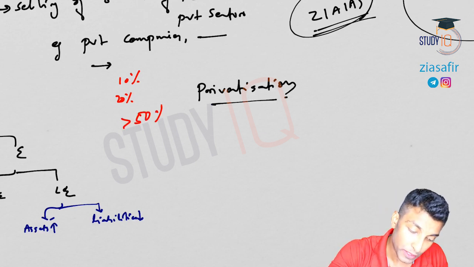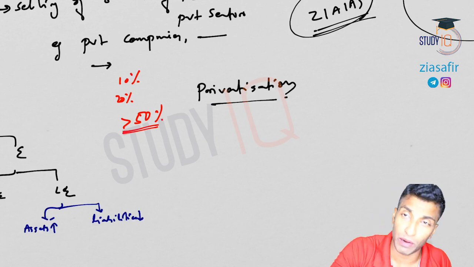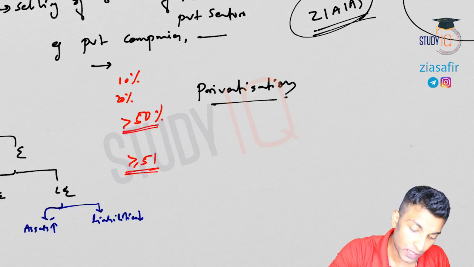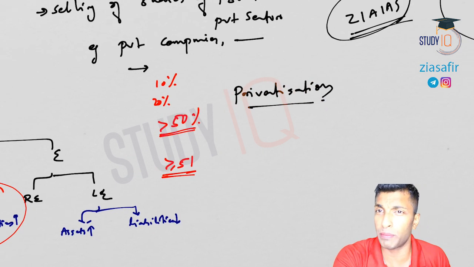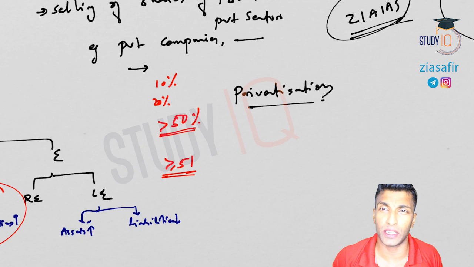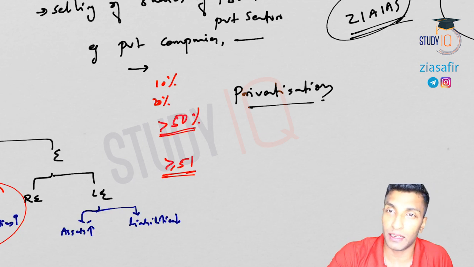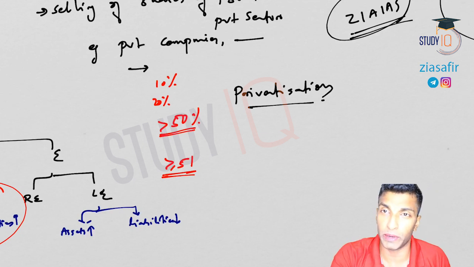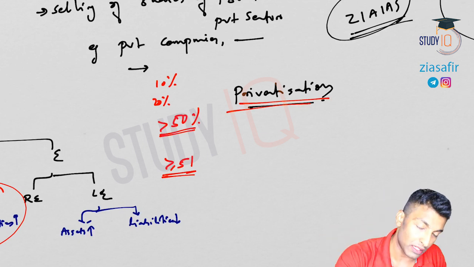But if it is more than 50%, what will happen? When going for disinvestment, you will try to keep at least 51%, because management control will be with you. Then only it will be a government company. I told you in the beginning, a government company means a minimum of 51% ownership should be with the government, and the management should be with the government. Otherwise, it won't be a government company. So you try to keep that 51%, which is the minimum required. If it is less than 51%, it becomes a private company, not a government company. So privatization is broader than disinvestment because it actually